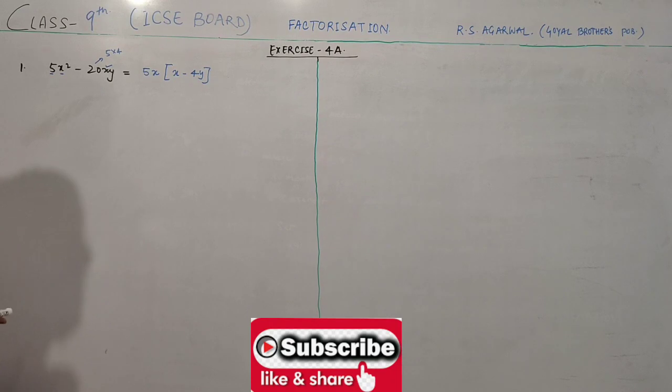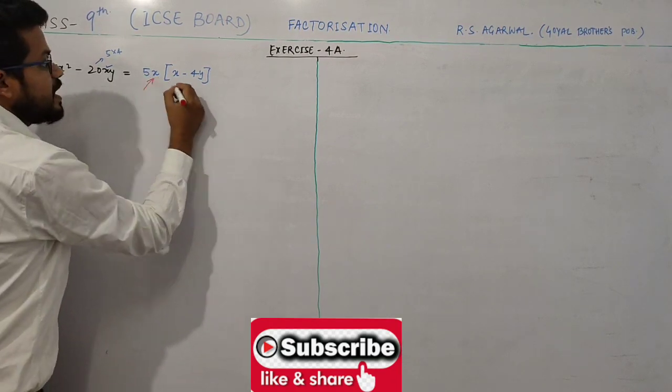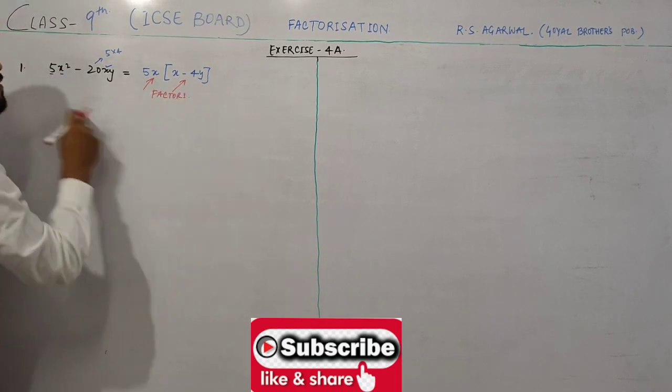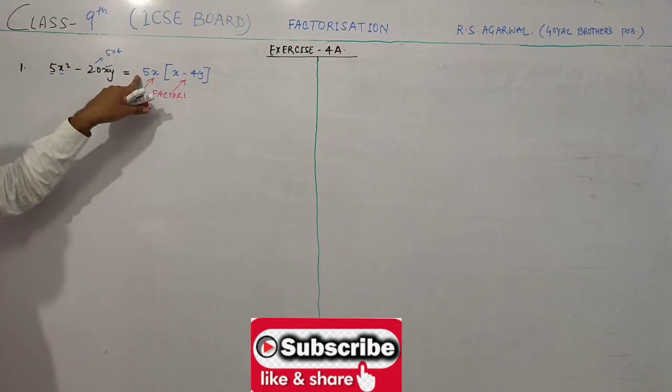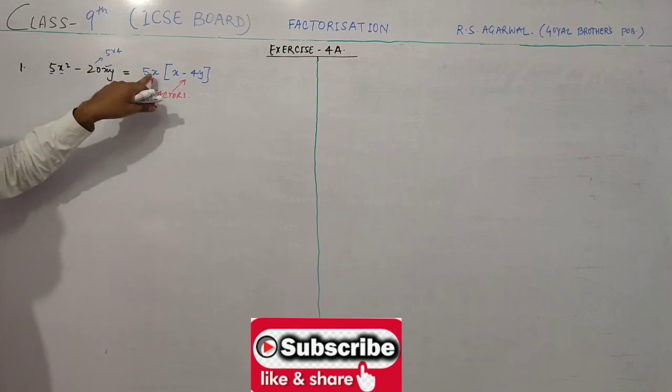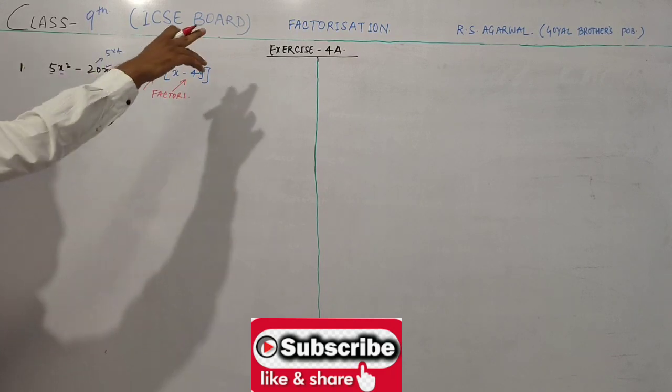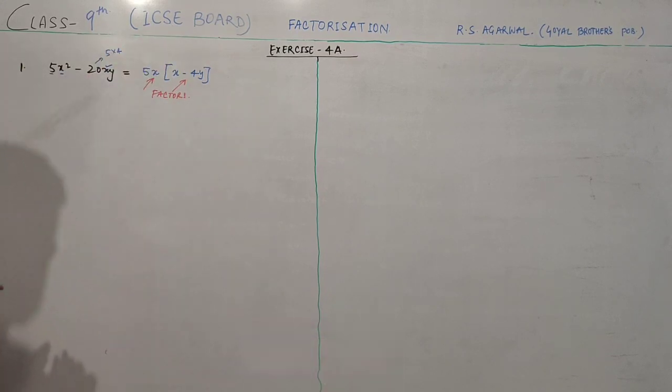So these are the factors of this expression. There are two factors. One is 5x and the other is x minus 4y, and the method is called factorization. Now the second question